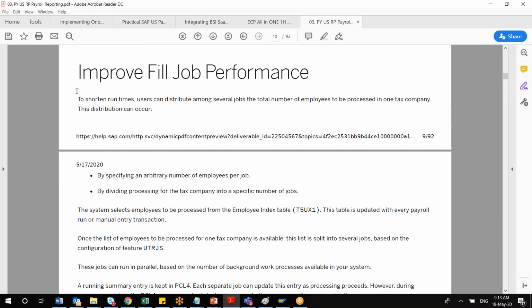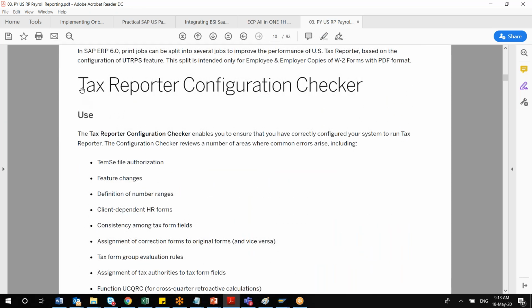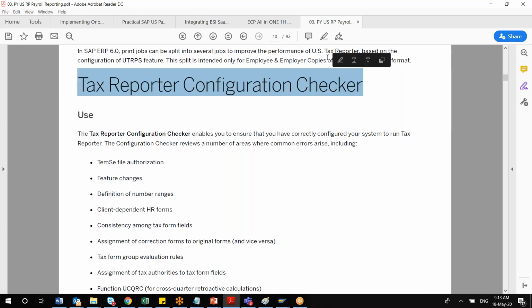An optimization option also they have given. Suppose some form is not working or taking much time to load and all. So you can use runtime optimization concepts, and they have also given how to improve batch job performance. It is good to read, but in fact, I have never gone through this entire document. Whatever is relevant for me, as and when required, I refer to this document. This is good for reference, but not for reading each and every thing.